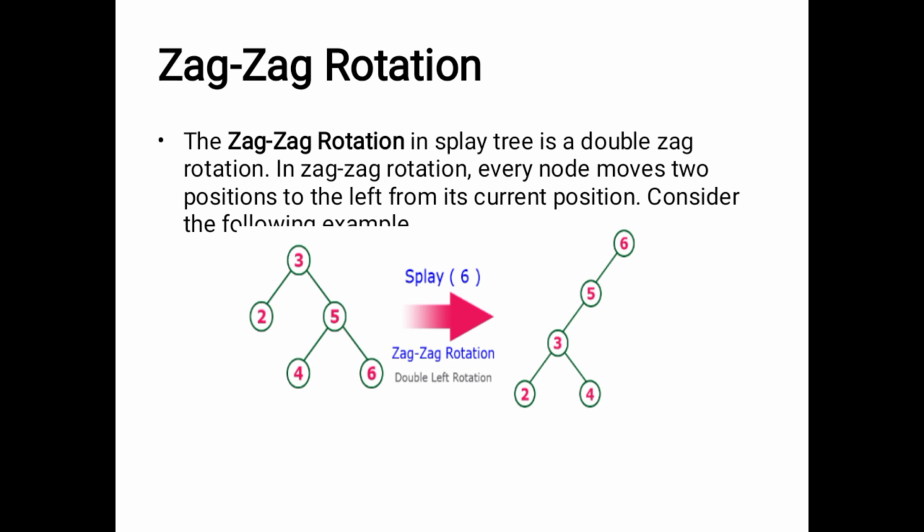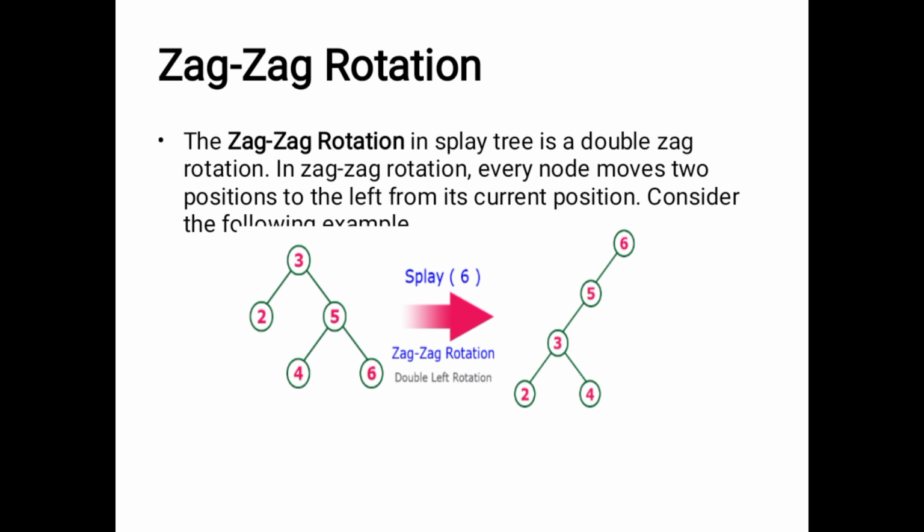Here we play the 6. It means 6 comes to the root, and on its right side we have to connect the 5, its parent. After that, it's 6 and 3. Here 3 comes to the left side of the 5, and after that comes 4. Here 4 is the grandparent, and 4 is connected to the grandparent's right side. It means to the right side of 3 we have to connect the 4.